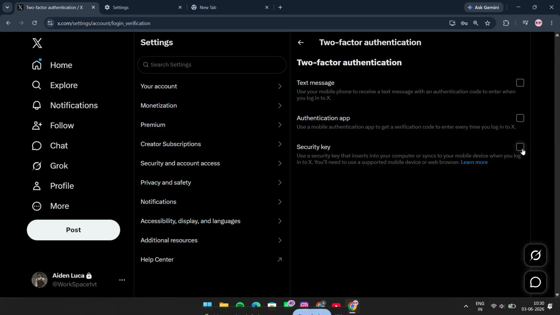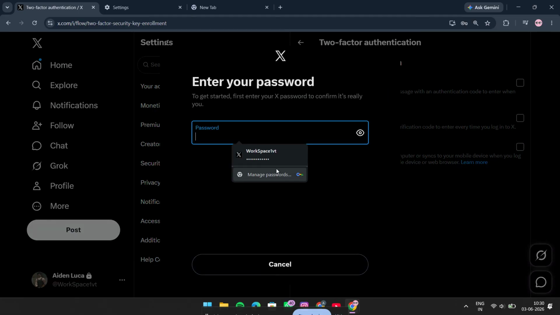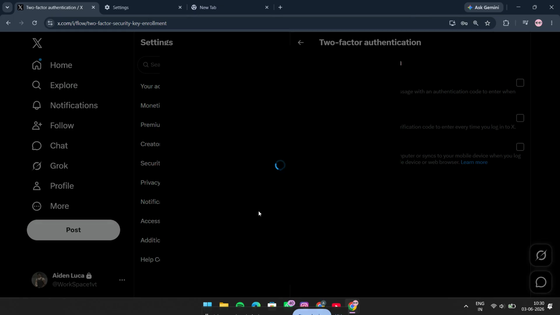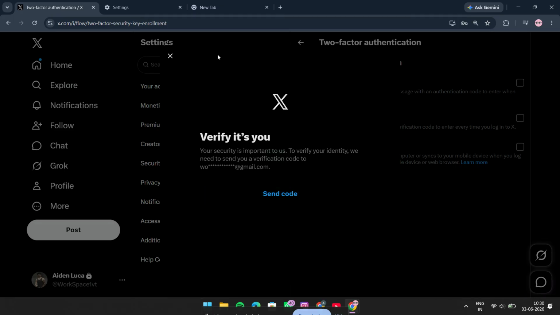At this point, X will guide you through adding your security key. Depending on the type of key you have, you may need to insert it into your device, tap it, or follow the instructions to register it with your account. Make sure you carefully follow each on-screen prompt. The key will usually need to be linked while you're signed in, so keep your account access open and nearby